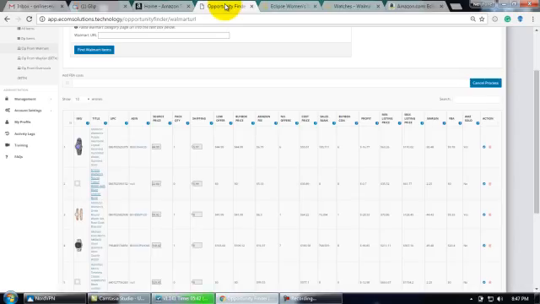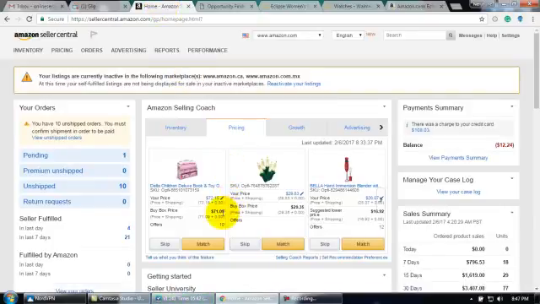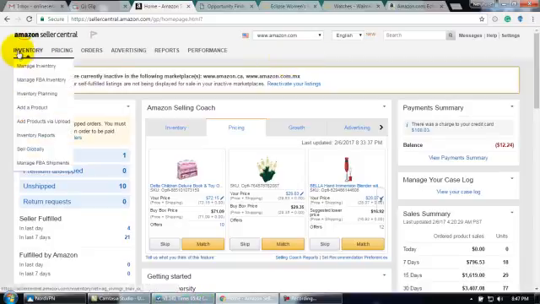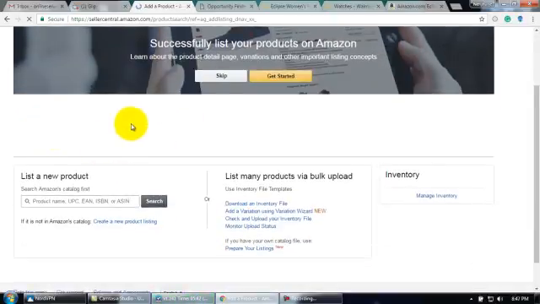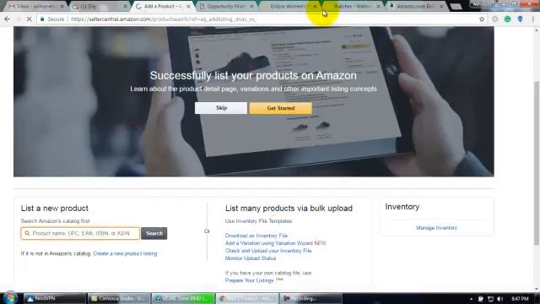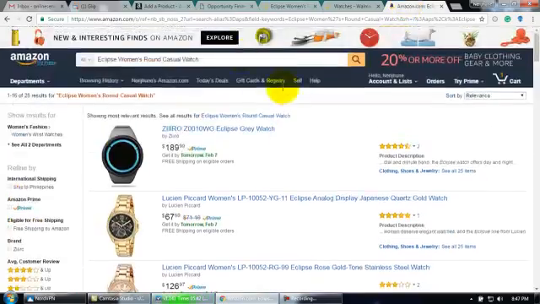So since we are ready to do a scratch listing, I'd like to bring you to Seller Central. Under Seller Central, in order for you to have the page to add a product, you just have to hover your mouse here under inventory, excuse me, and then you click add a product. Once you click add a product, that will load up. And a while ago when we double checked the item, we actually opened the Amazon website. However,